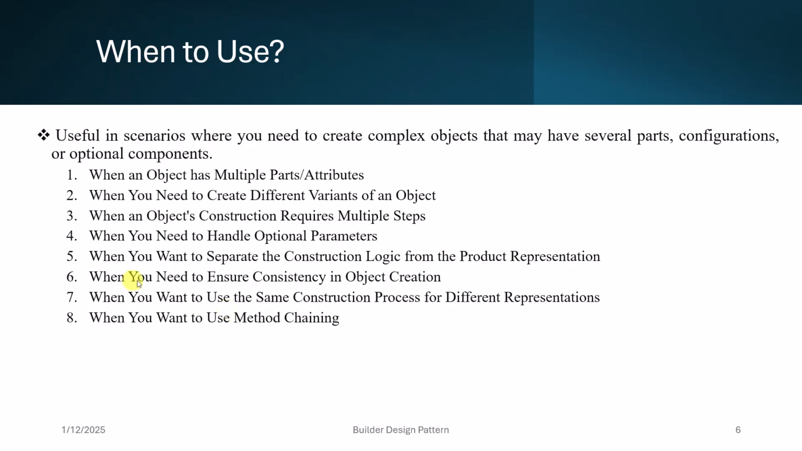The next is when you need to ensure consistency in object creation. Whenever we want to ensure consistency in object creation, we can use the builder design pattern. So how do we do that? The builder design pattern can enforce that certain required steps are followed and certain properties are set when constructing the object. And this is particularly useful when dealing with complex objects that should be consistent in how they are